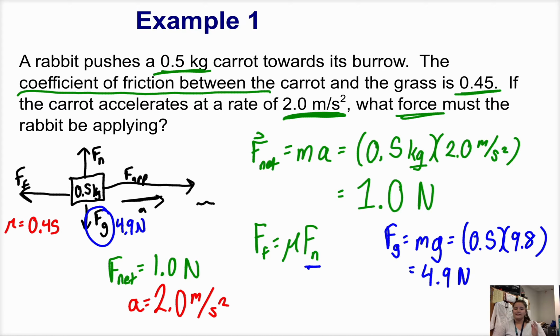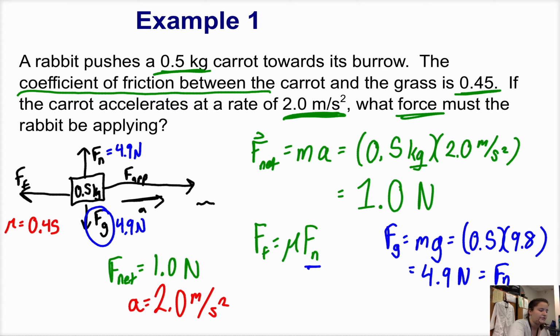That is balanced out by the normal force going up. So the normal force also equals 4.9 newtons, just in the opposite direction. Okay, they're all the same thing. So to find my force of friction,